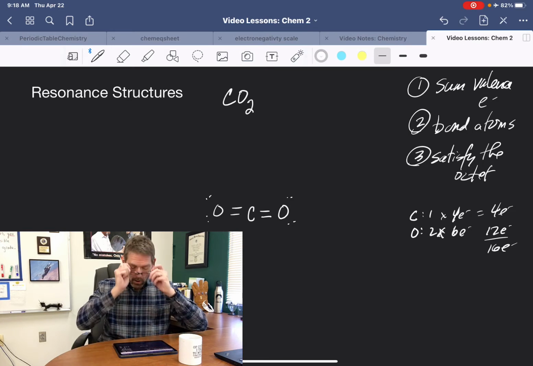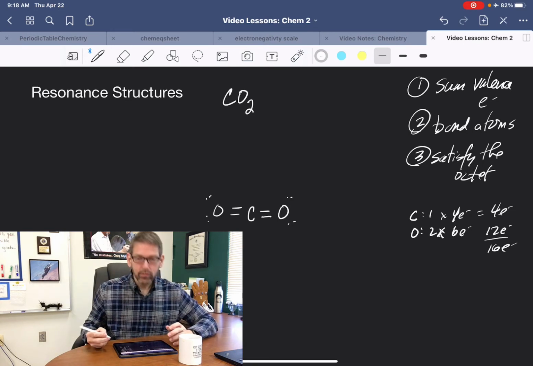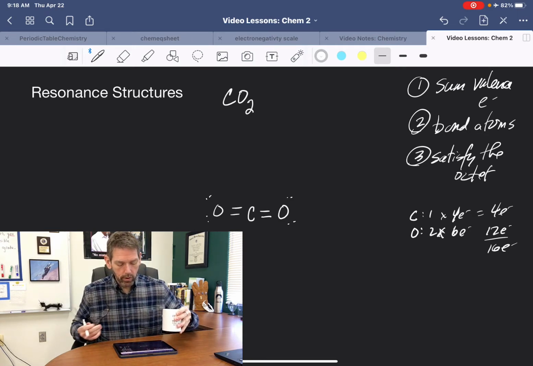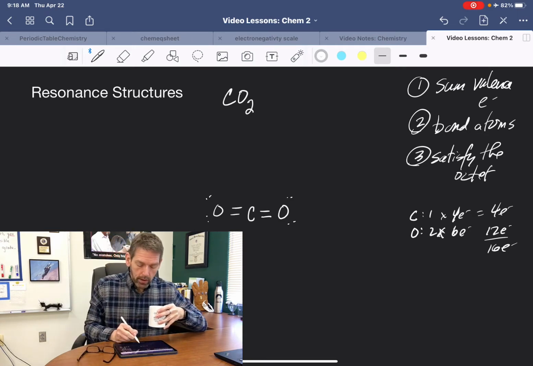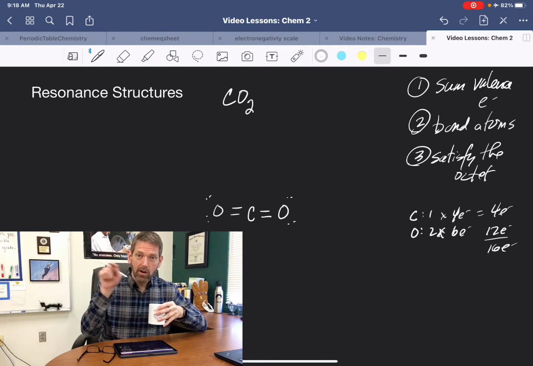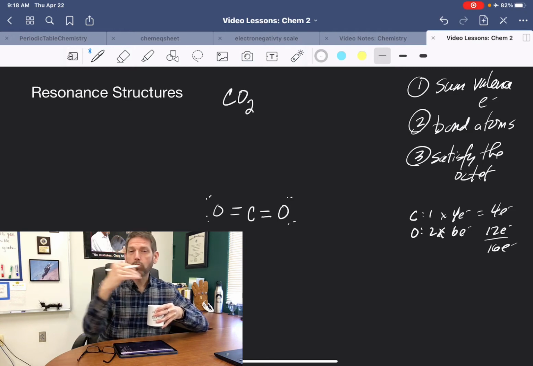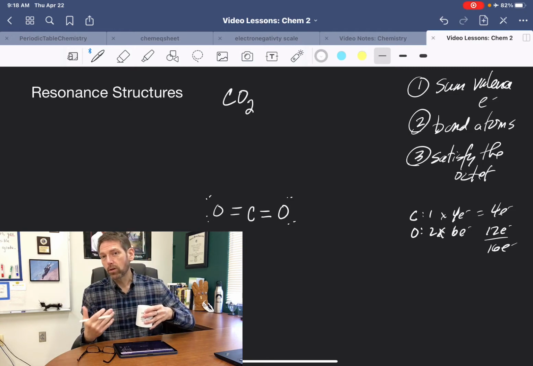All right. So what we have to do now is ask ourselves, if there were a different form, what would happen? Knowing that all of these electrons that are there, whether they're in the bonds or in the lone pairs, are vibrating and moving, that means they're shifting from one atom to another. That means at any one time,